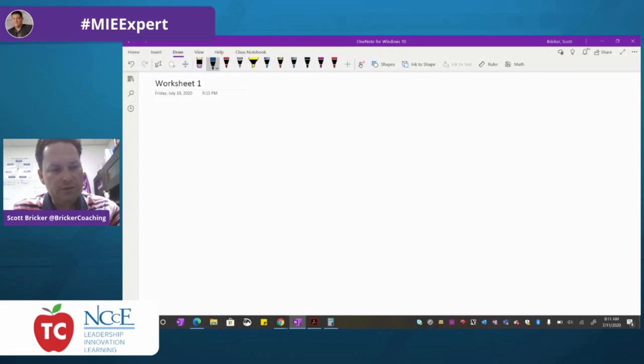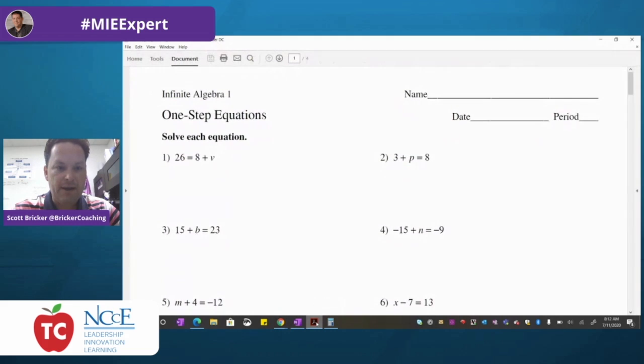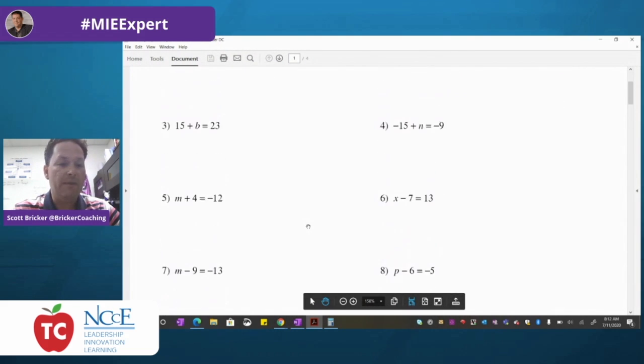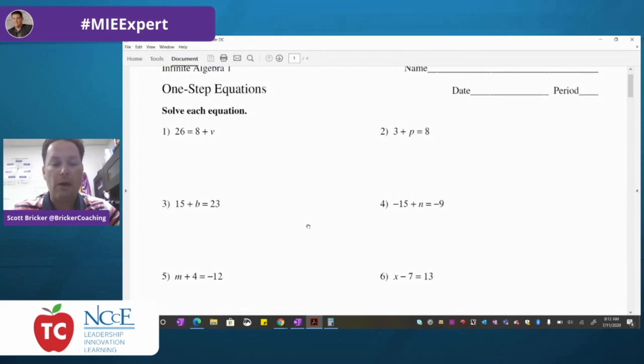One of the great things you can do with OneNote, I keep saying great things, one of the other additional great things, there are so many, we can take any document and print it directly to OneNote. So I've got this PDF here. It's just a worksheet that I downloaded from the internet, just a very simple worksheet. This could be a Word document. This could be a PowerPoint, Excel, website, anything you can get a physical copy of printed to a printer,